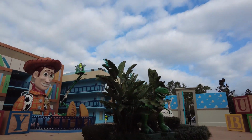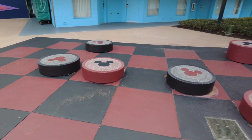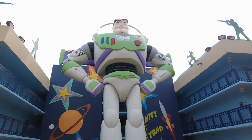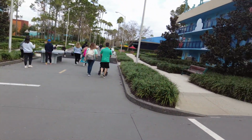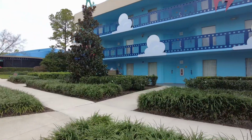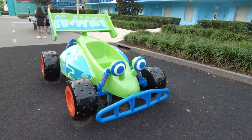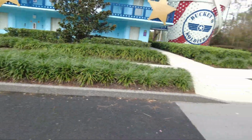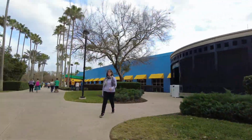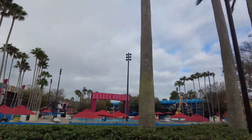This is a really fun section. Another section that they just did such a good job with. Okay, and then if we head back up towards the main building, we'll go past the main pool,